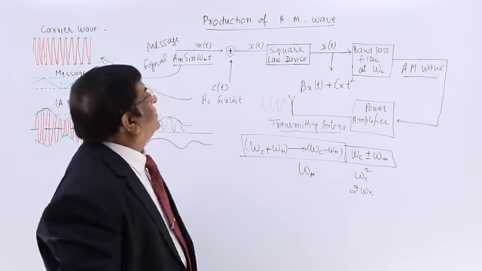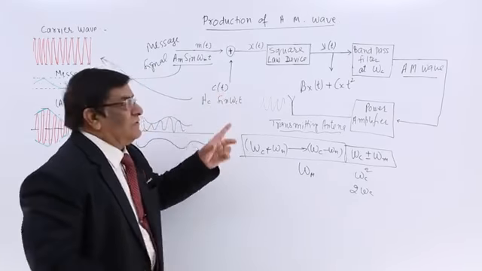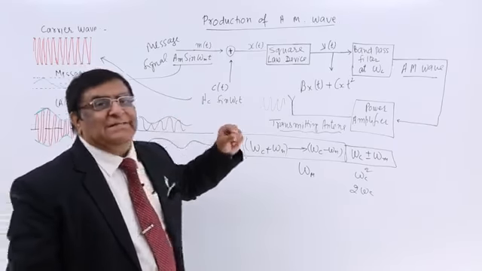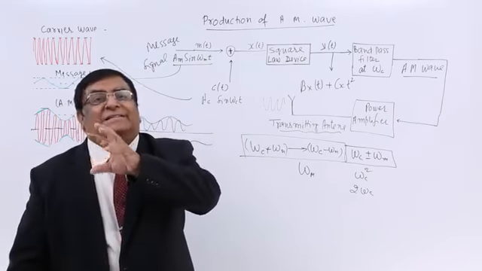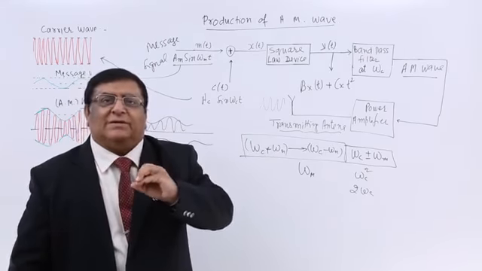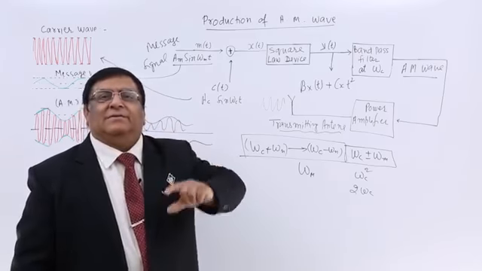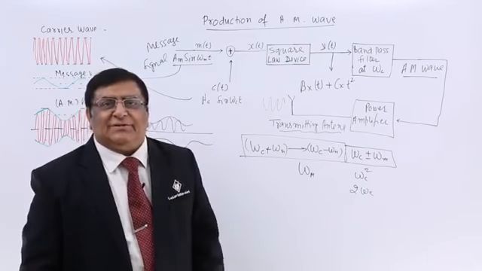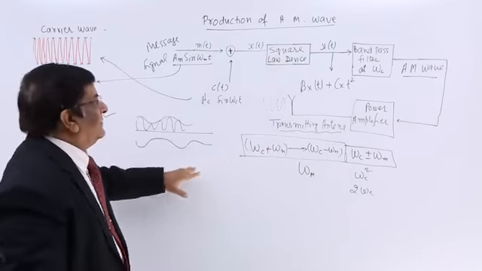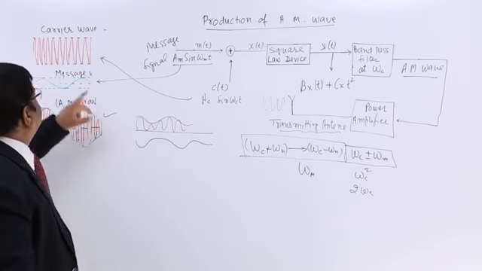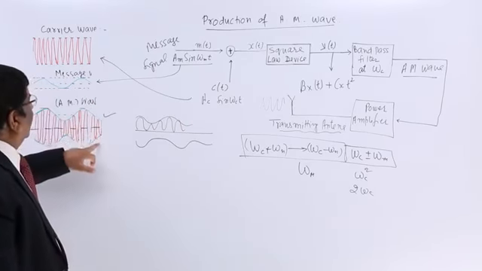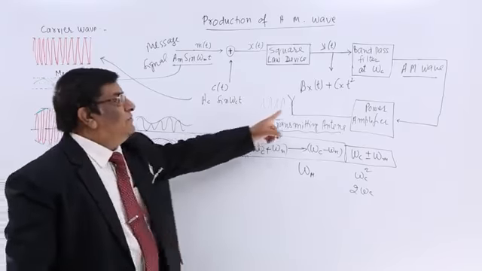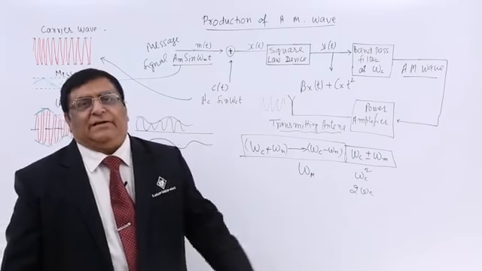These waves, when they are propagated, are received at the receiver end. Now what are the parts of that receiver? That we will see in the next lecture. So these are the basic things of the production: we start from here, end up here, and this is going through antenna or by cable.